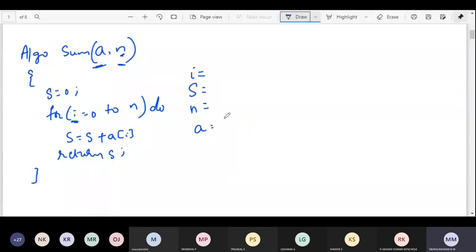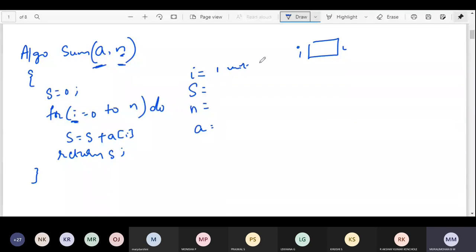Right? So how many times? Initially this I is equal to 0. Next time it is 1. So each time for I, the memory value is changing, but the memory location is not changing. The number of memory locations is not changing, so it is fixed. Let us take it as 1 unit.